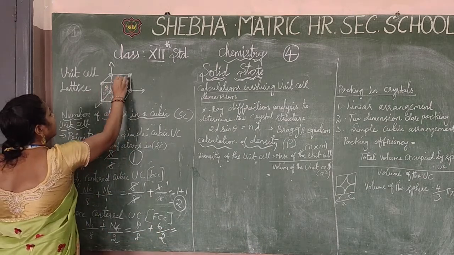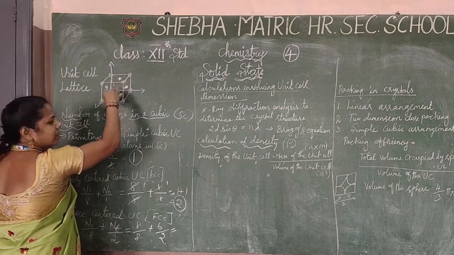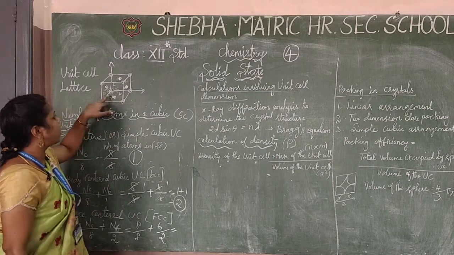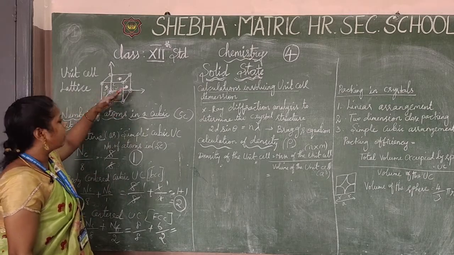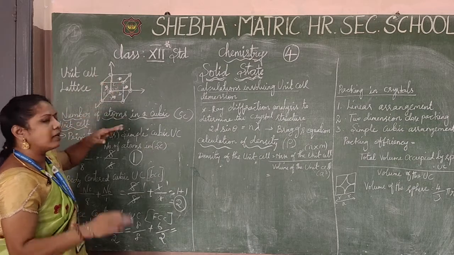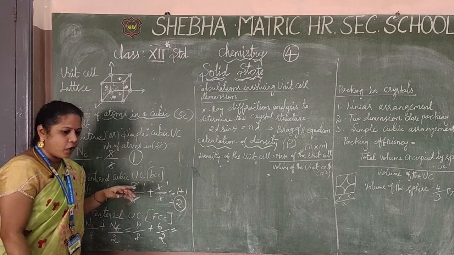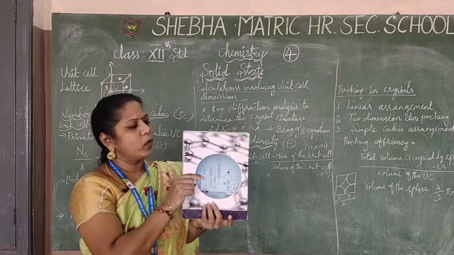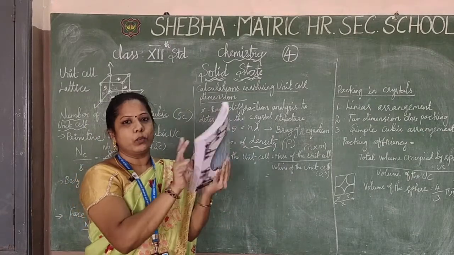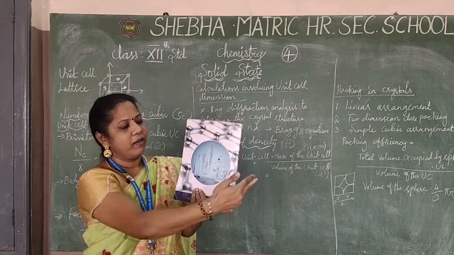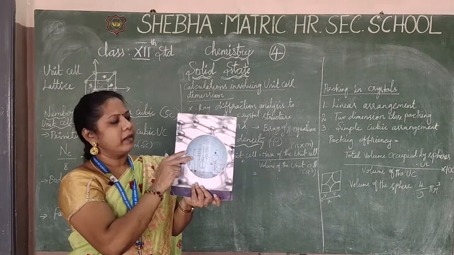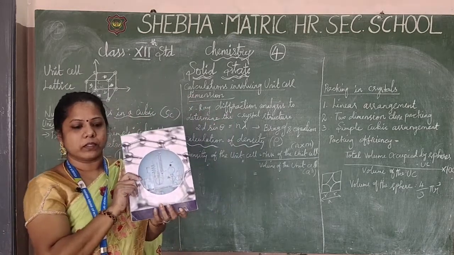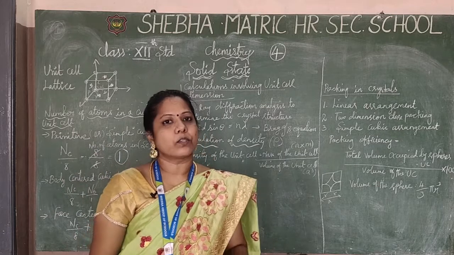I can write down only 4 sides on the board, but you can draw the 6 sides of the cubic. So don't get confused, I wrote just 4, but using that you can get the 6 sides of the cubic. For example, I will show it using this book. Consider this as the cubic unit cell: 1, 2, 3, 4, 5, 6. Get it? This is the cubic. So the face centered cubic unit cell has totally 6 faces.